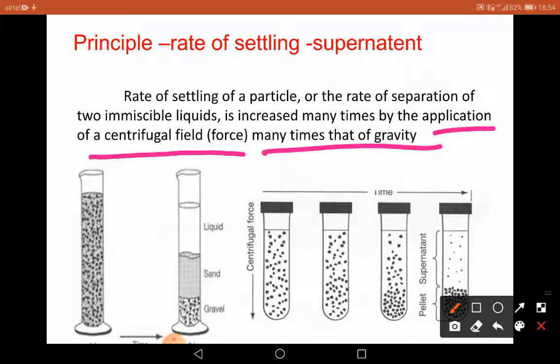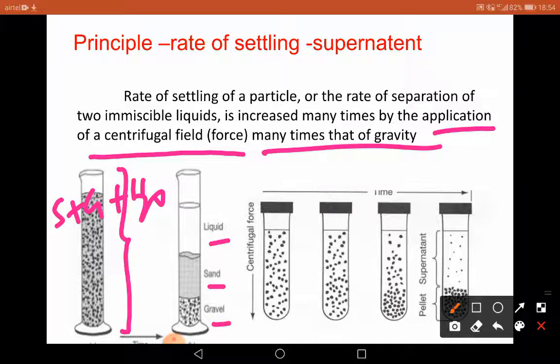Even we can keep it for gravity, because of the gravitational pull, but that separation may take a longer time. So see, this is a measuring cylinder which contains a suspension with water and some sand type of particles. Gravel, sand, everything is mixed in this. It contains sand plus gravel plus water, right? All these three have different densities. So when we keep it for some time, it will sediment, and it forms three layers.